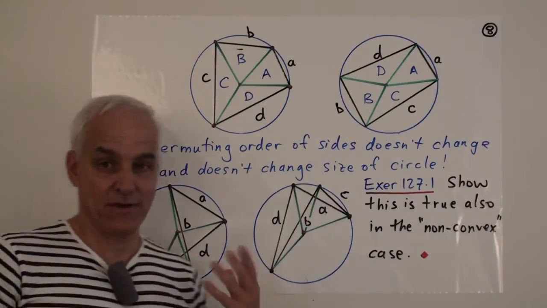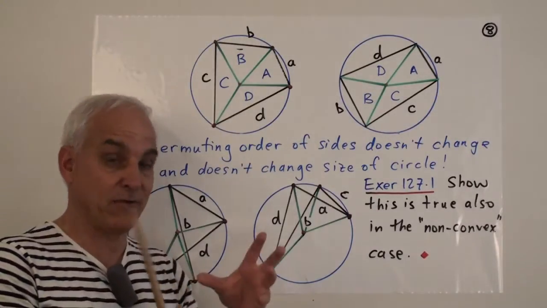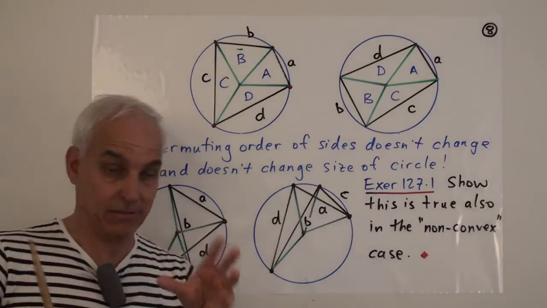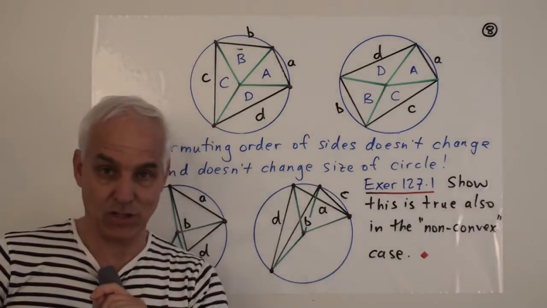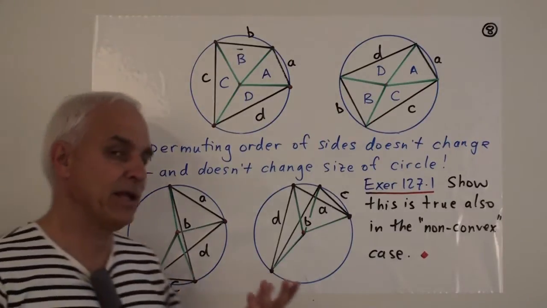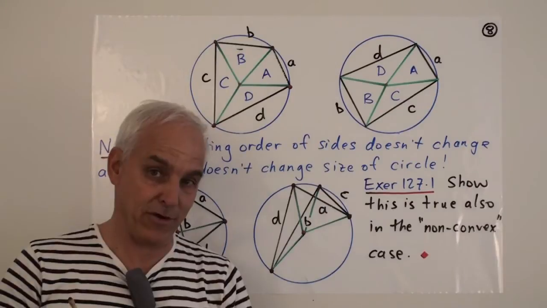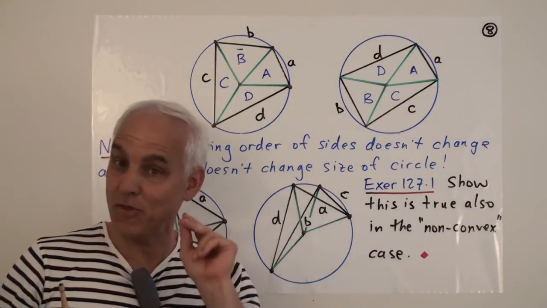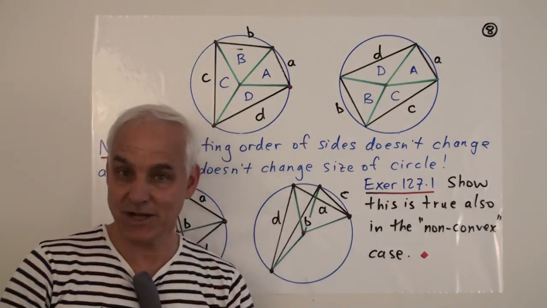So this is illustrating the idea that even though we can, in fact, use the same circle and create different looking quadrilaterals with those same four side lengths, be it convex or non-convex, the areas are not going to change. Okay, the areas are not going to change. And that's why there's really a quadratic equation in this cyclic quadrilateral quadrea theorem and not some higher degree equation, because there's really only two possibilities for the quadrea of the quadrilateral given the quadrances of the four sides.